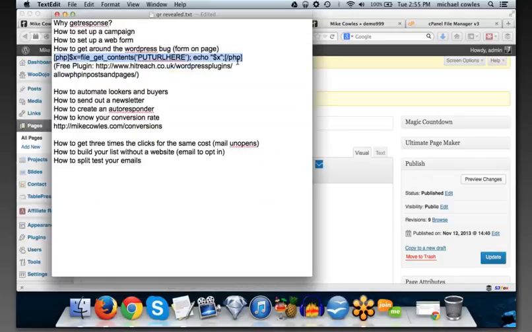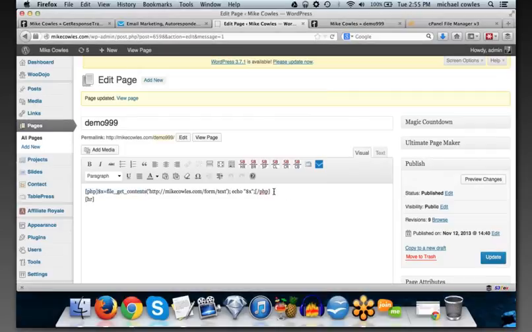Let me see here. And copy this. Yeah, it's looking pretty exact, like it's the same thing.